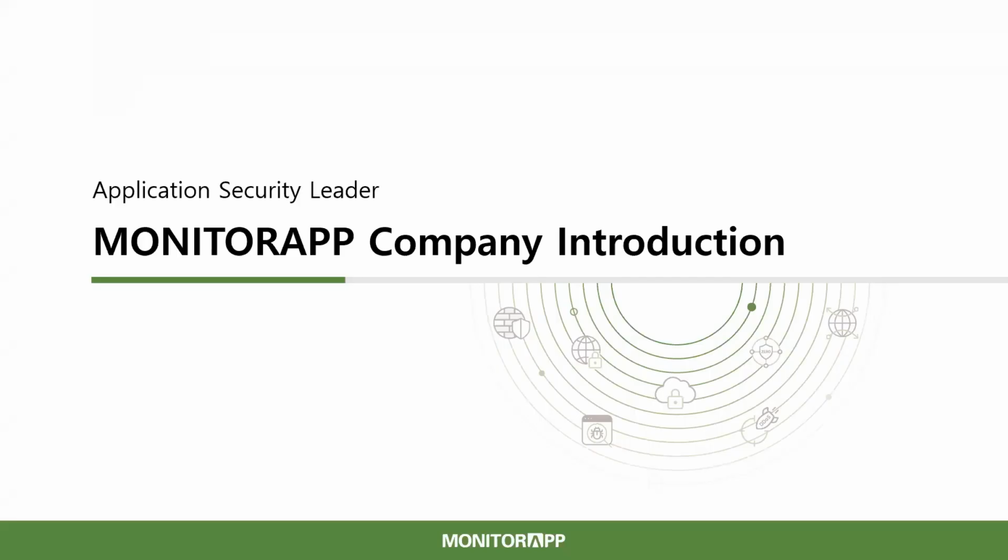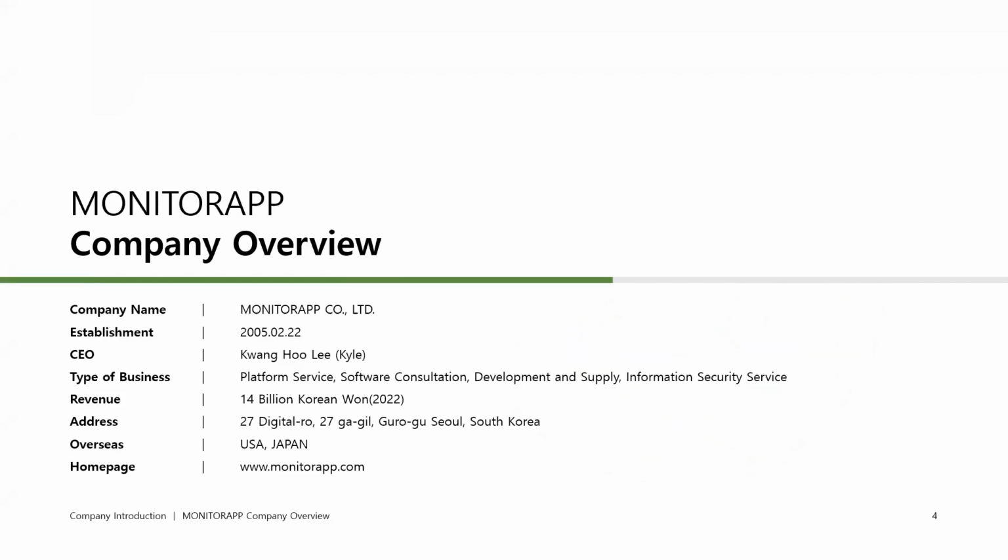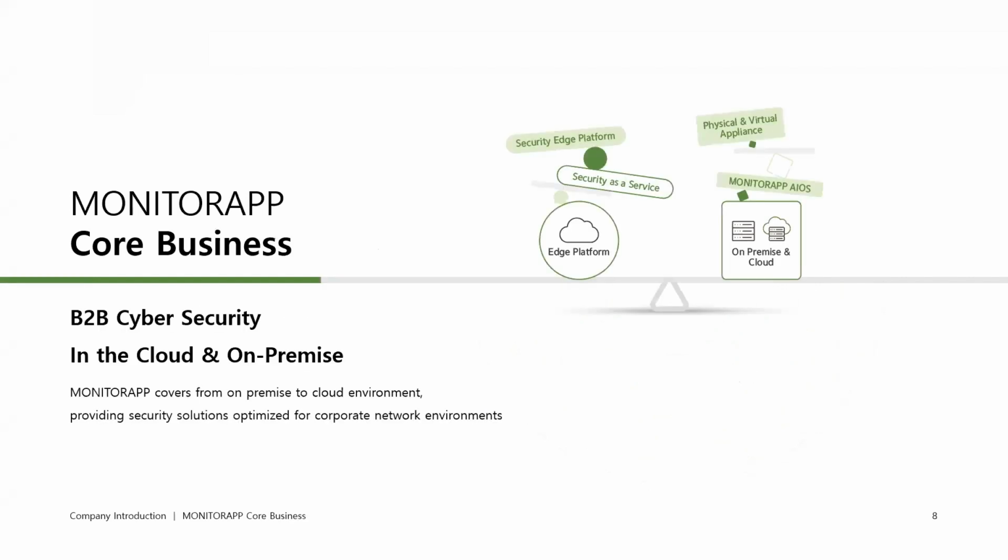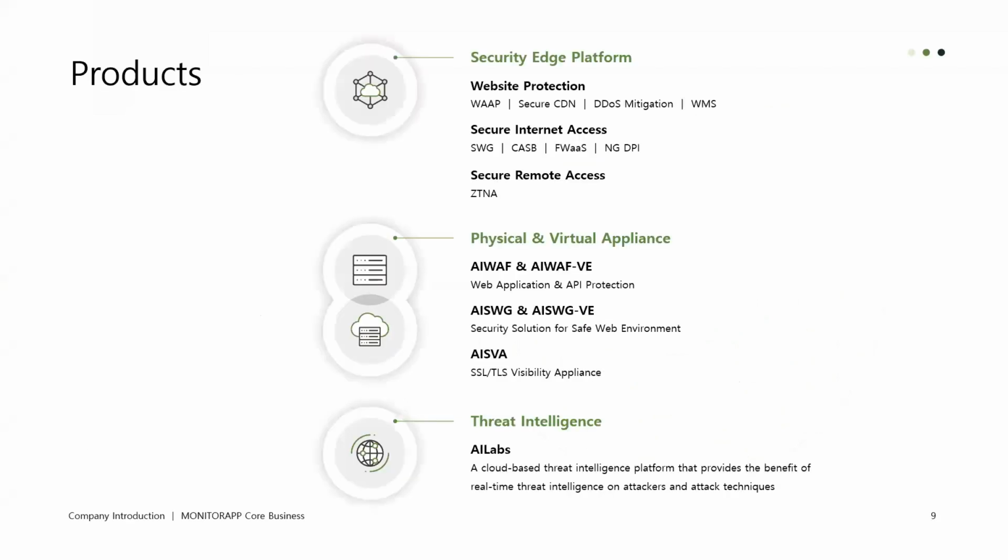So, who is Monitorapp? Monitorapp has been in the business since 2005, and we have our overseas branches in USA and Japan. Our core businesses include cloud and on-premise. For the cloud services, we have website protection, and we also have secure internet access and secure remote access. For the physical appliance, we have physical and virtual appliances, and then our threat intelligence platform, which we renamed to